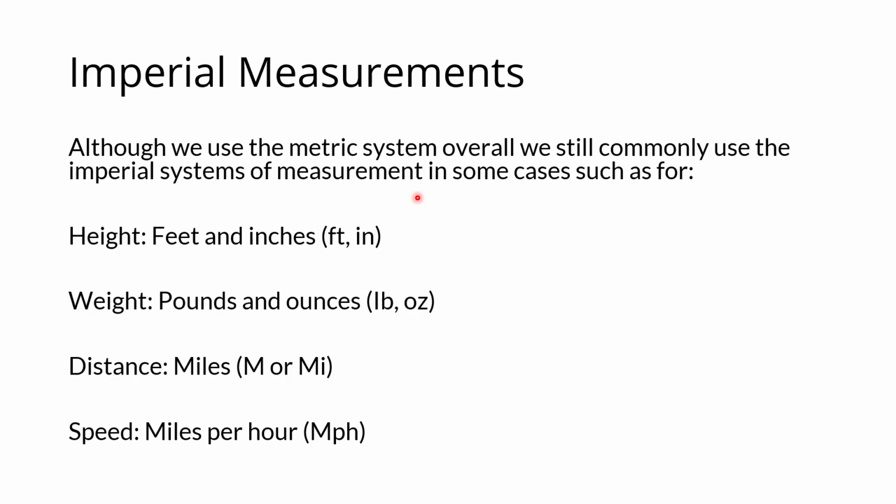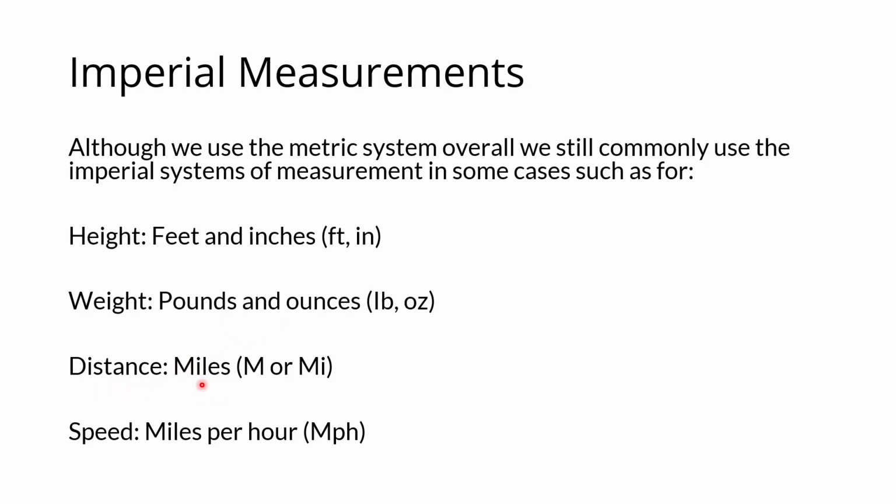But there's still some remnants of the imperial systems of measurement that we use in everyday life, such as feet and inches for height. So we'll often say things like 5 foot 10 inches instead of using the centimetres alternative, meters and centimetres. Pounds and ounces is still commonly used when weighing food. And distances, miles, are